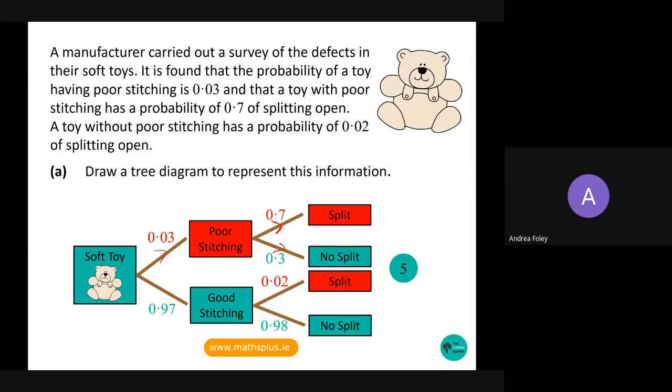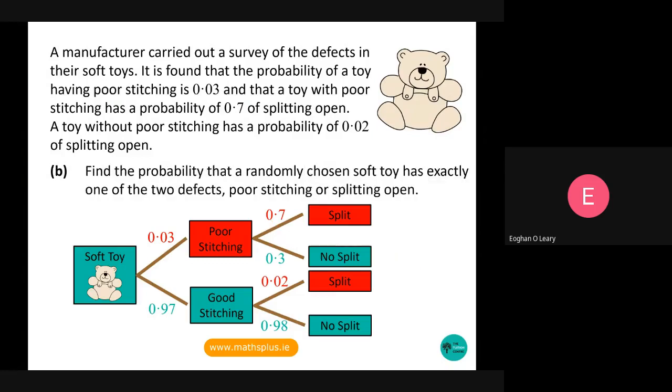So if you have drawn out your diagram correctly, but you've accidentally got 1 or 2 probabilities wrong, that would get you high partial credit here for 4 marks. And then the full 5 marks are for the fully correct tree diagram labeled with the correct probabilities. Very good. Okay, so hopefully we have that, because that's going to lead us directly into part B, which says